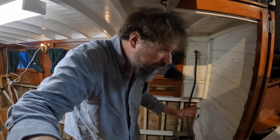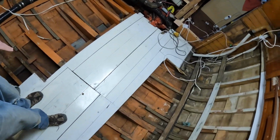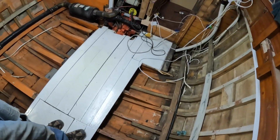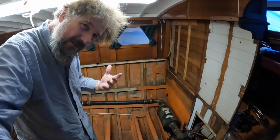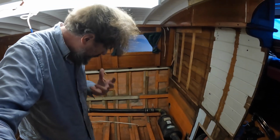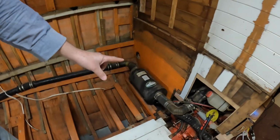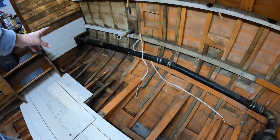One of the first things you'll notice, at least it's the first thing I noticed because I'm a wooden boat guy, is the bilges are completely dry. Absolutely dry. Remember that this boat is afloat, and it's just amazing. Well, I knew they'd be dry because the bilge pump hasn't gone off in weeks. It's just fantastic. Anyway, the second thing you'll notice is this relatively new exhaust system, which has a nice fiberglass